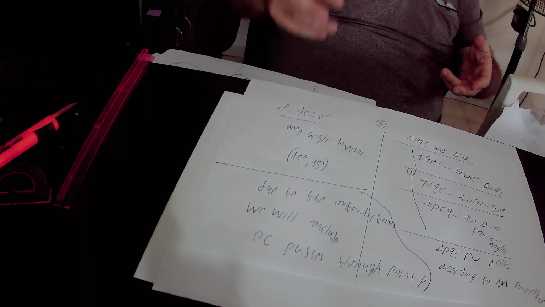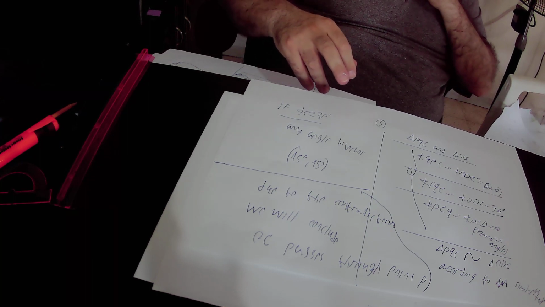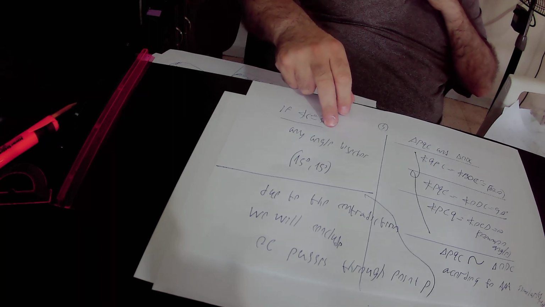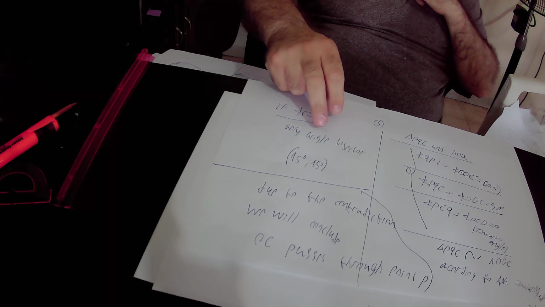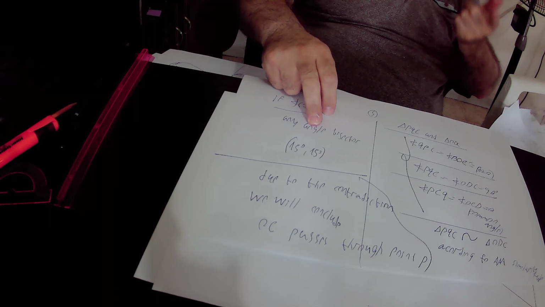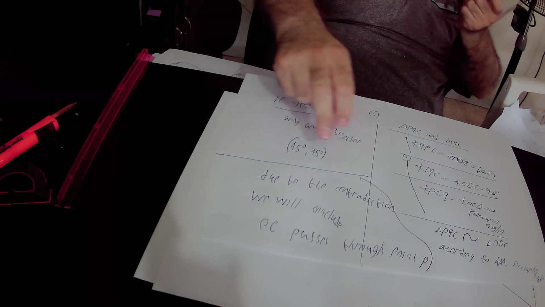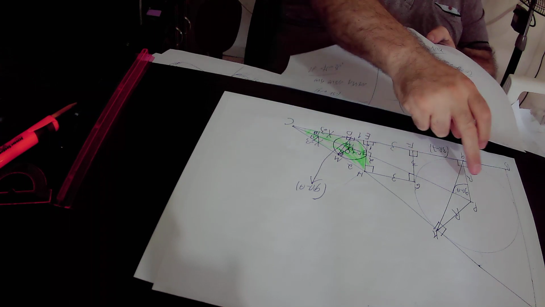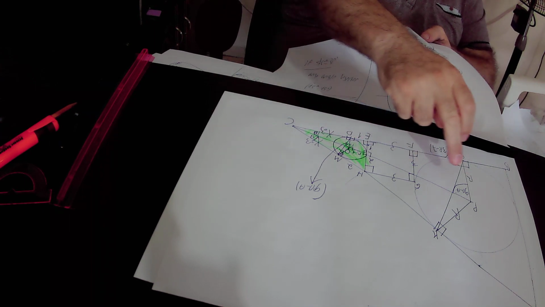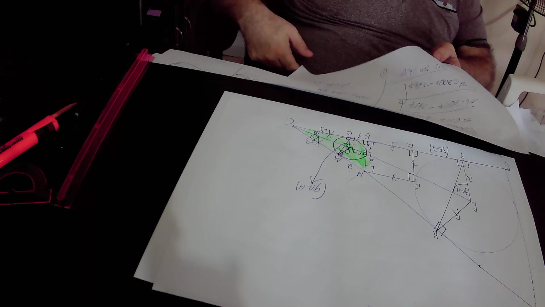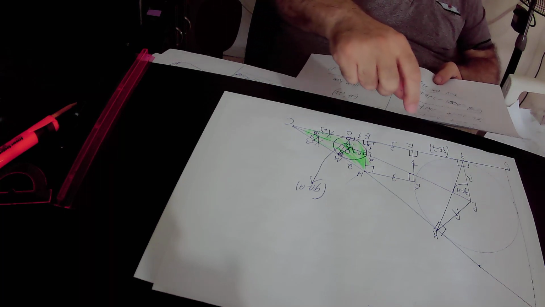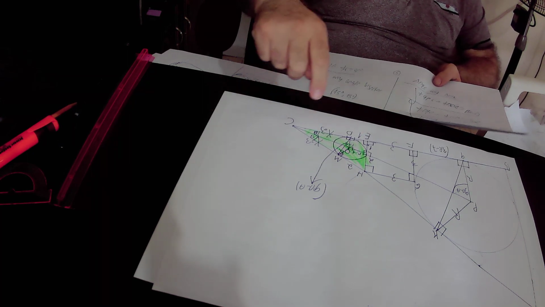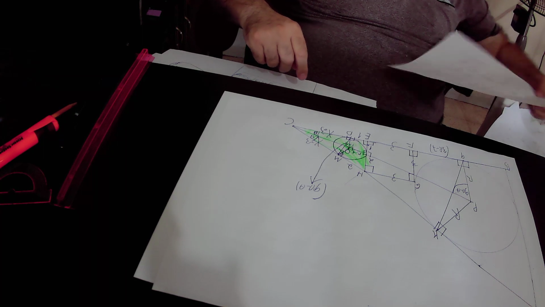And so, due to our assumption that CO doesn't pass through point P, we arrive at a contradiction, and therefore we conclude that our assumption is not correct, and therefore OC passes through point P. Here OC passes through point C. So O, C, P are located on one straight line. Then we proved that triangle PQC is similar to triangle ODC, and from the fact that the two triangles are similar to each other,